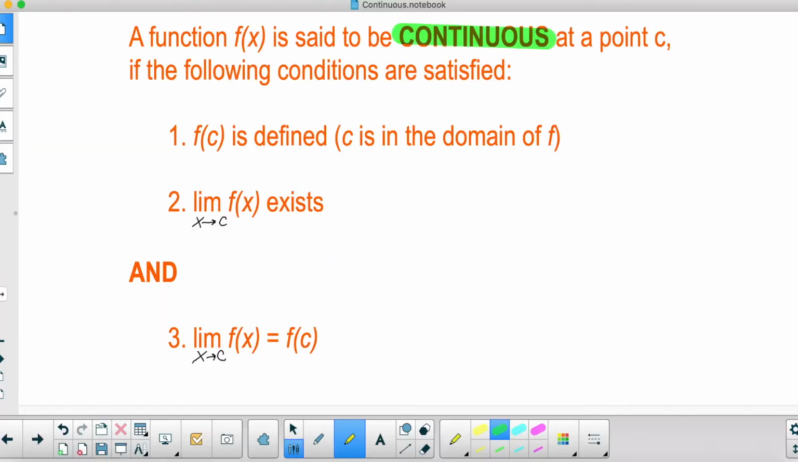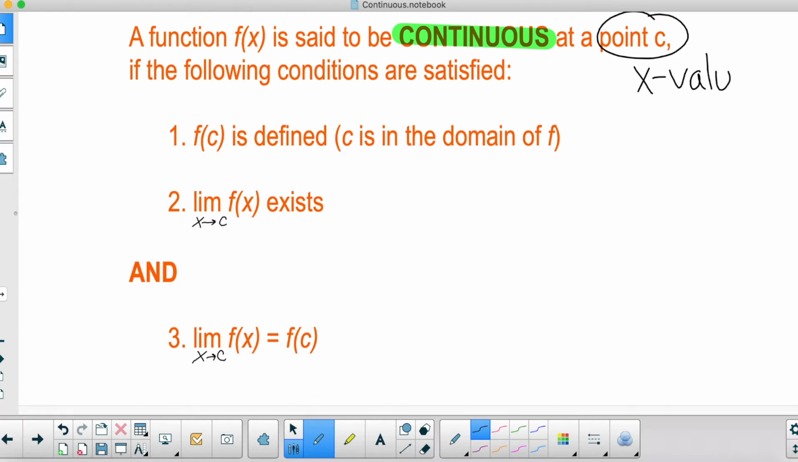There are 3 easy steps to figure out if a graph or a function is continuous. I'm going to tell it to you right now. A graph is said to be continuous if at a specific point C, and you need to know they're talking about an x value,